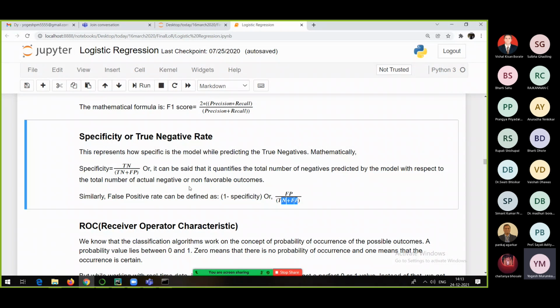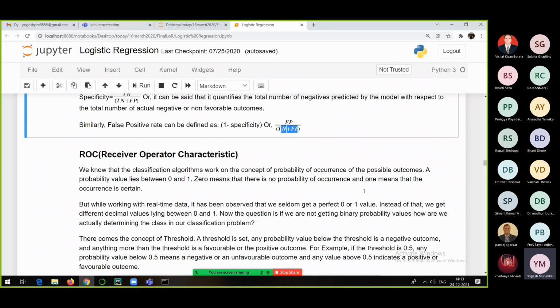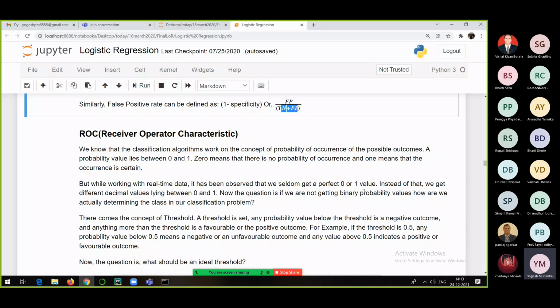Now what is ROC? Receiver operating characteristic. In the last session I just tried to take it in short; today I will tell you what it is. The ROC AUC score, as I told you, can be used whenever you want to decide which model should be selected as the final model, because in real time there will be more than one algorithm used to solve the same type of problem.